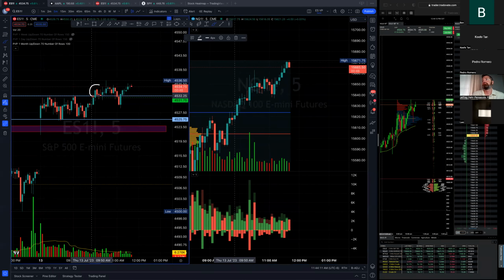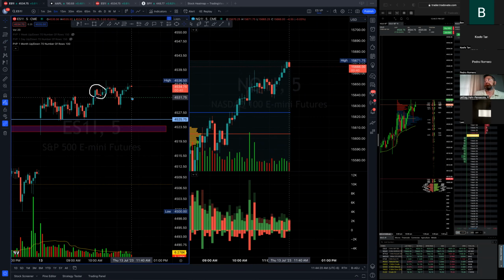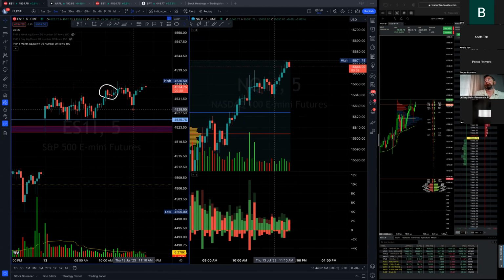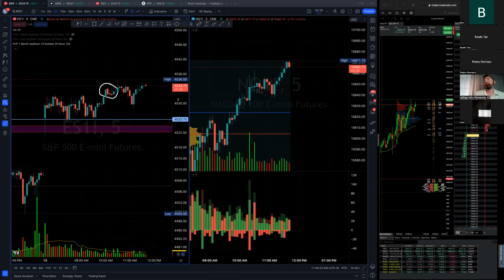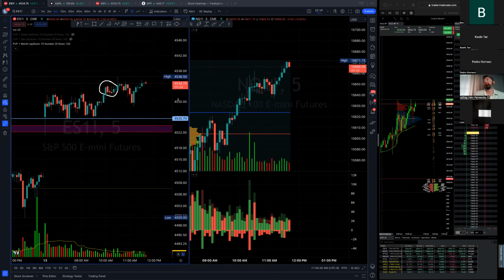So look at this right here on the 5-minute. And not many people will catch stuff like this because they don't read price action enough or pay enough attention to price action to be able to find these little things that you can use to get some really nice scalps. So after the breakout of this resistance here,